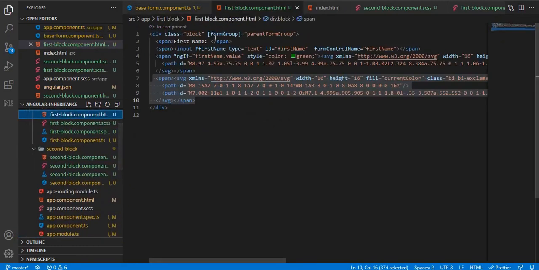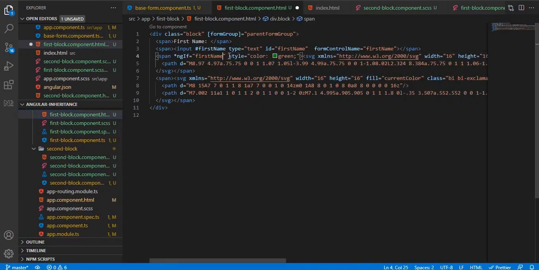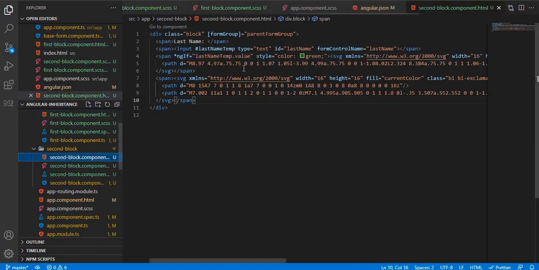So if I go here in the ngIf, I'll call isValid and pass the control name, that's first name. And the same thing will be here.